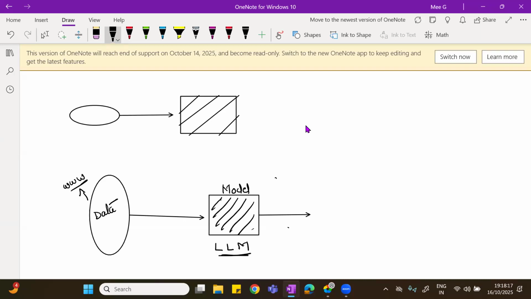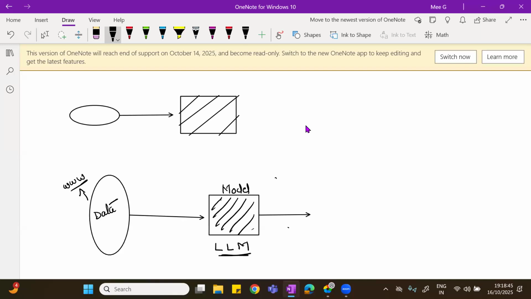Language model means whenever you are dealing with textual, linguistic data. When you are dealing with a very, very large volume of data, that is called a large language model. It is so intelligent that it will start giving you answers to the questions you ask.